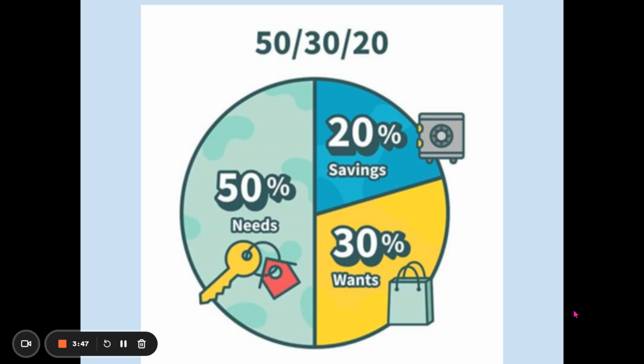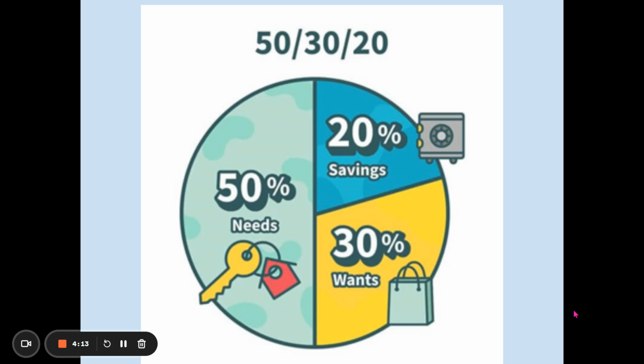Pay yourself first says take 10% of your monthly net income and put it into savings right away. Now we have 20%, and the reason they have 20% is because 10% is the savings that we just talked about, where you have an emergency fund. The other 10% would be for your financial goals, maybe your investments for retirement. So you're going to be looking at a couple different ways to approach savings.